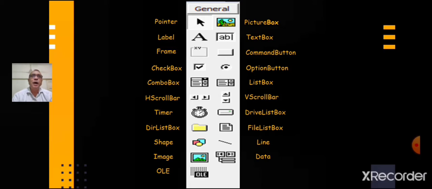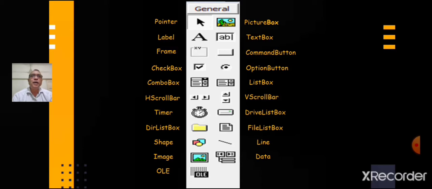Option button allows the user to select only one option even though it displays multiple choices. List box displays a list of items from which the user can select one.